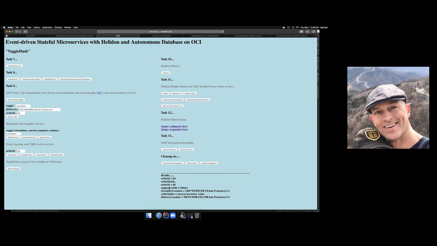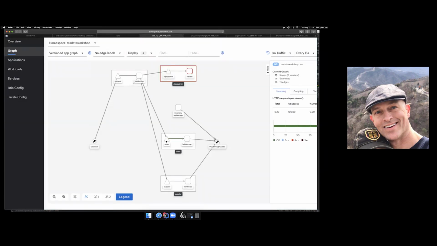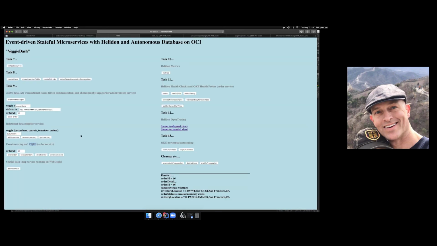And then back to the fact that we're seeing the inventory location and a suggestive sale item when we do a show order. That is showing a concept called CQRS, which is, and again, Guido went into this a bit, the separation of the command and the query. The command was an insert into the database, but the query was actually a result of events that came back. When the show order call was made on the order service, order did not go and call inventory service or suggestive sale service or anything like that. It was decoupled because it received that information from events from the inventory service. And so that's the concept of CQRS.